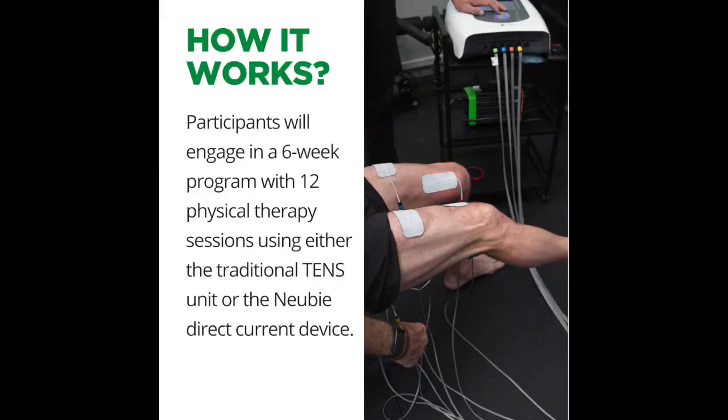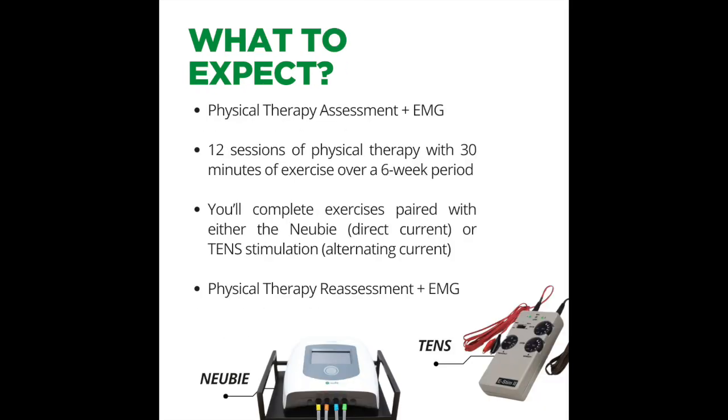Then we're dividing them into two groups. One group will undergo traditional physical therapy combined with Newbie technology. The other group will have traditional physical therapy alongside TENS therapy. Both groups will receive personalized physical therapy treatment designed to strengthen weak muscles, improve mobility, and improve function. But this is where the study gets interesting, because prior to starting this therapy, we will perform an EMG NCS, electromyography nerve conduction studies, so a nerve test to determine the level of nerve involvement in this condition, but then also to see the effectiveness of treatment afterwards.